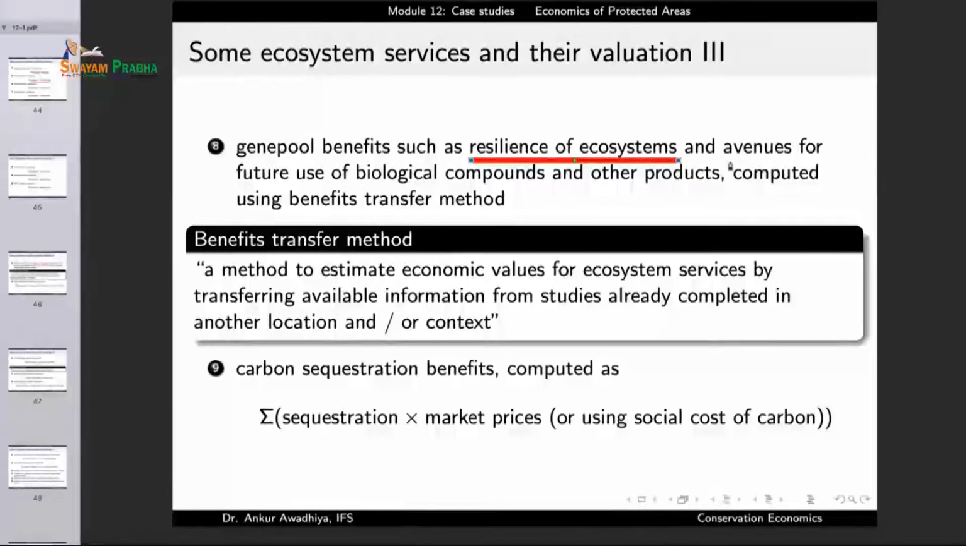We also have avenues for future use of biological compounds and their products, which means that if we have a new disease that comes up, then we will have to look for medicines. We will have to look for those compounds that can help us fight those diseases. Now, a number of plants and animals have certain compounds that are known as metabolic compounds. Now, these compounds can play a role in protecting us against the diseases. A good example is the quinine that we get from the bark of the cinchona tree. Now, quinine is something that the plant manufactures